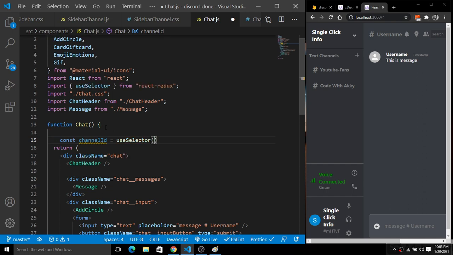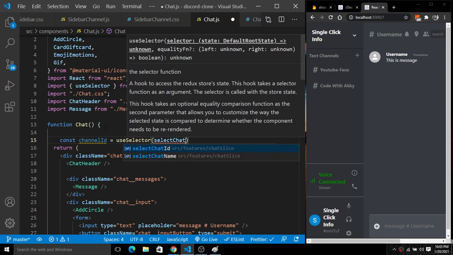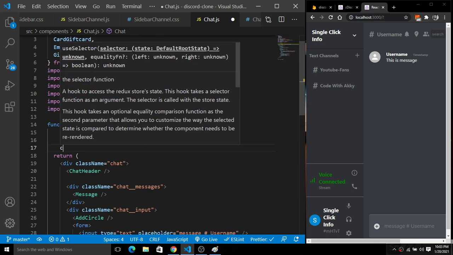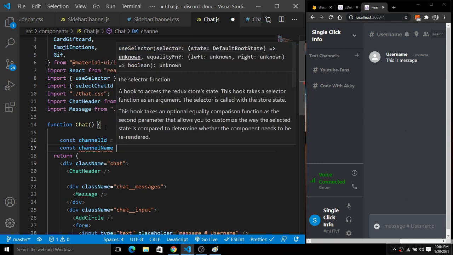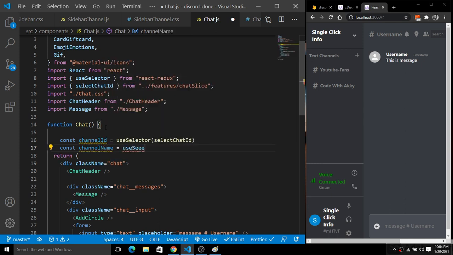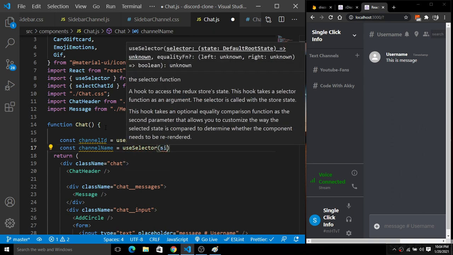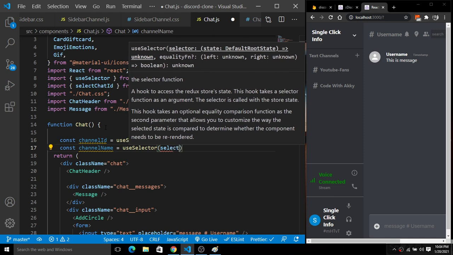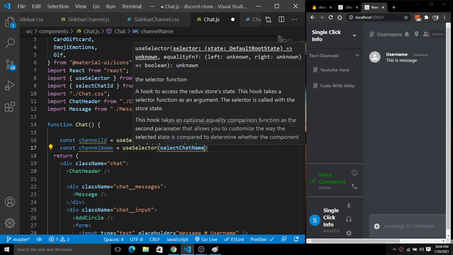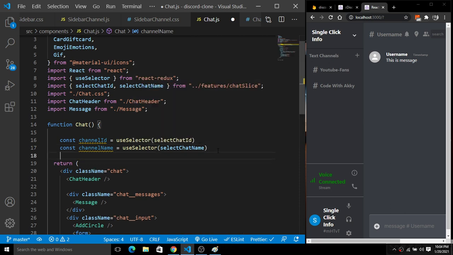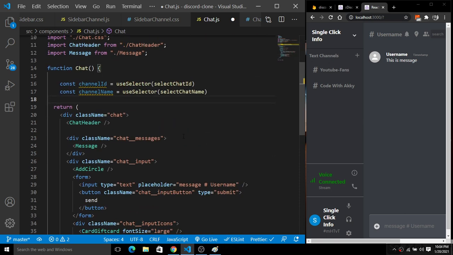Inside of this useSelector, I will use this selectChatId. In the same way we will have the channel name: the same useSelector, and we will have this selectChatName, and import it from the chat slice.